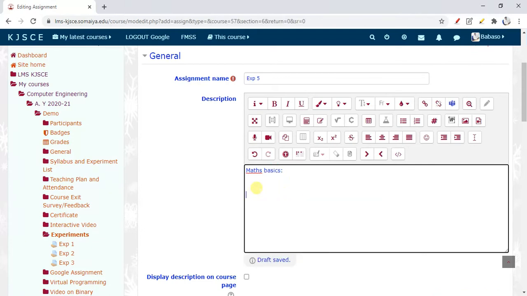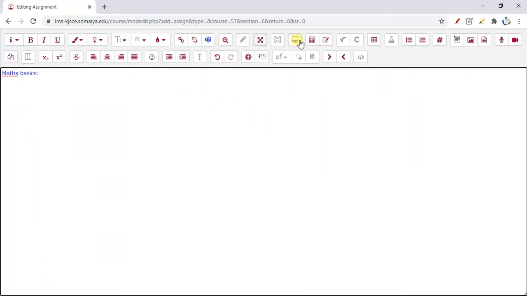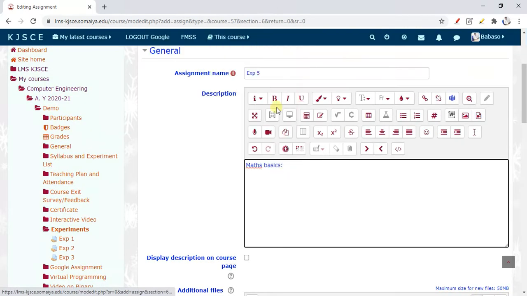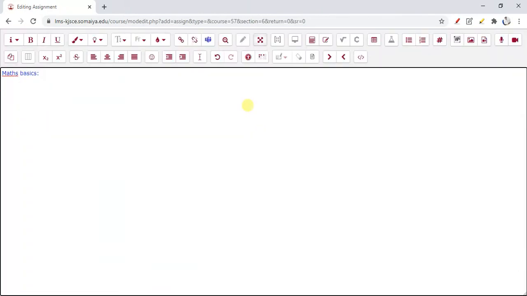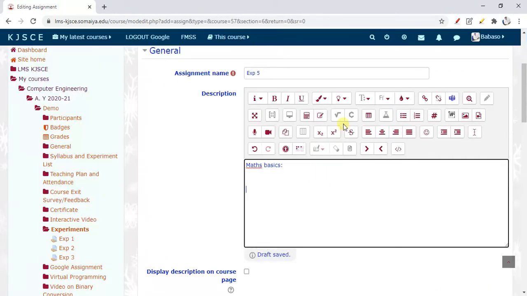I want to add one formula here, so you can make it full screen. Here we have symbols, so you can explore the symbols later, right? We have many symbols here, a very rich editor. Here is the full screen symbol. When I click on it, it gives me a minimized format, and when I click on it again we get the full screen. Whatever you want to write, you can write here.